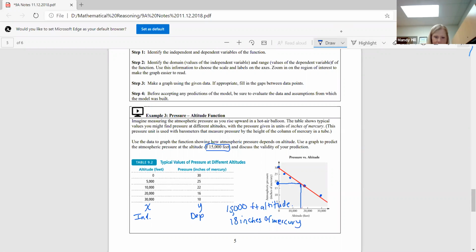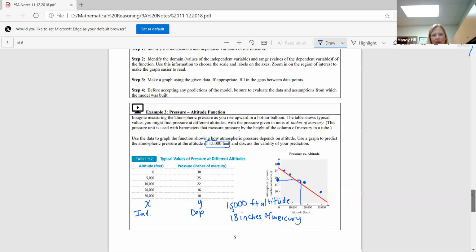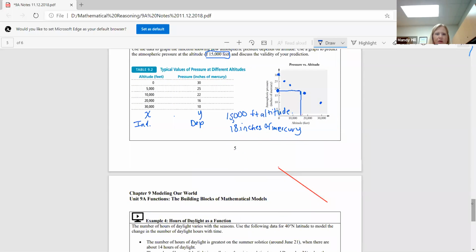So yes, we think it's really close to 18, but it may not be exactly 18 because we've had to sketch this out. It didn't make a perfect line, but we can use this to make some kind of prediction. It's just not correct down to the exact decimal place. Okay, so